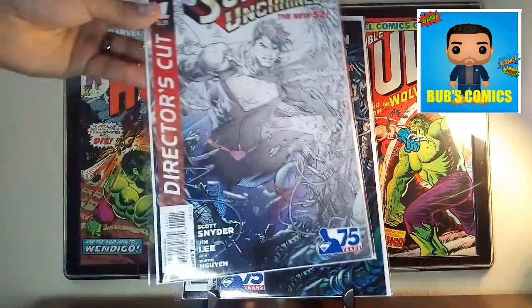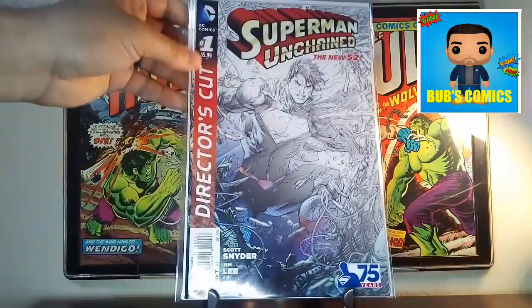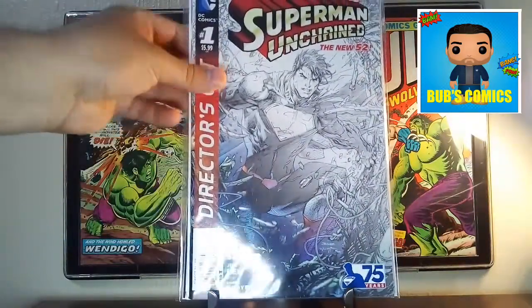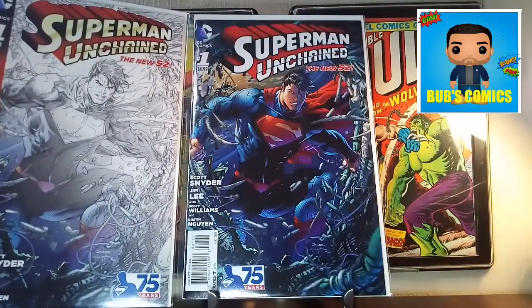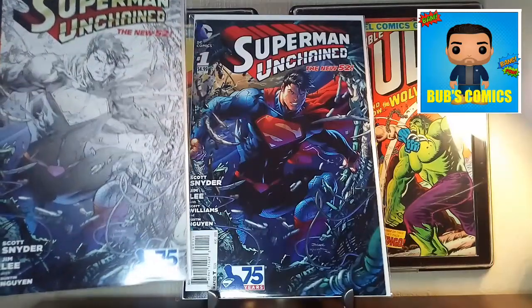So then I also picked up the director's cut, and this is for $1 each. I couldn't believe it. Actually, I think the director's cut might have been $1.99. It's a nice thick one, and it's a director's cut Superman Unchained. It's funny to me because both DC and Marvel were doing these director's cuts around the same time, and they also had the same